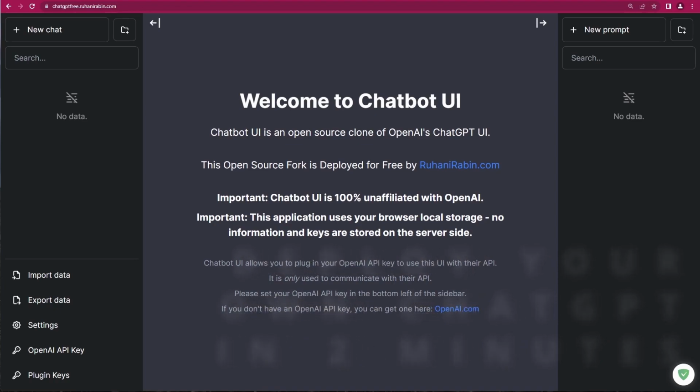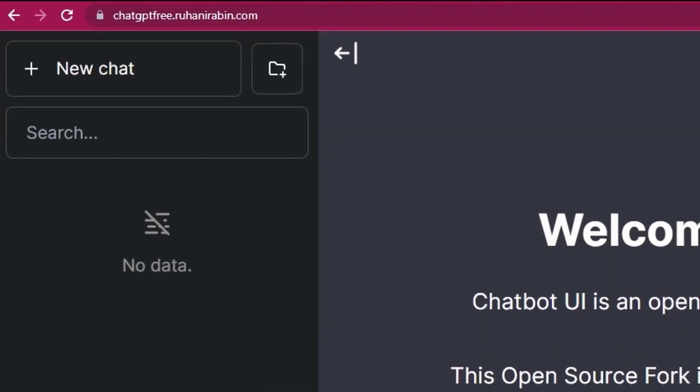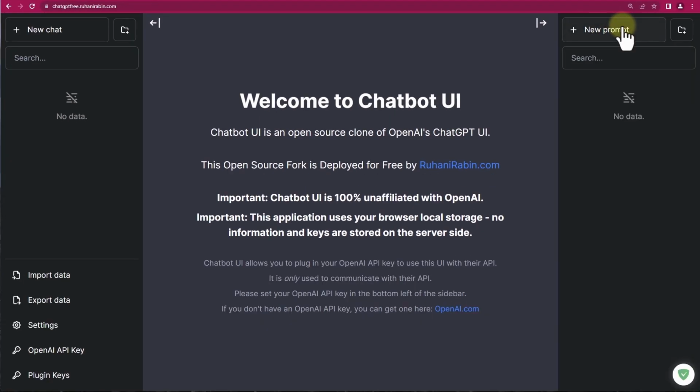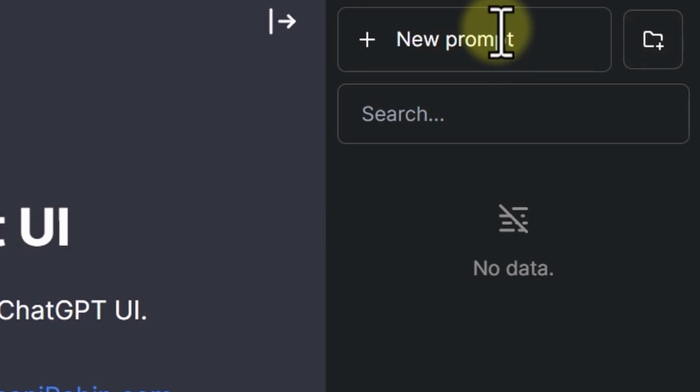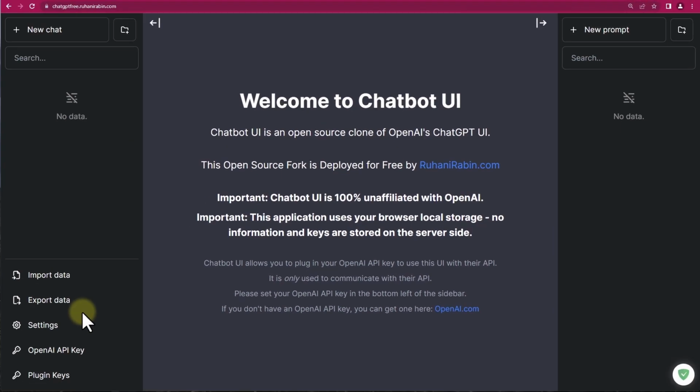As you can see, I have deployed a clone of ChatGPT UI, but this one has better features. So basically, you can have search on the left. You can search your threads and then you can create folders. Then you can have your own collection of prompts. But do remember, this is still local storage, meaning it doesn't synchronize anywhere. It will stay with your browser storage.